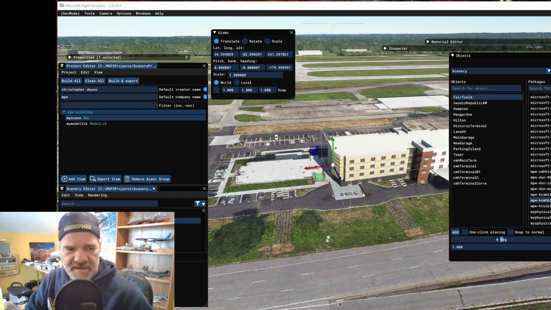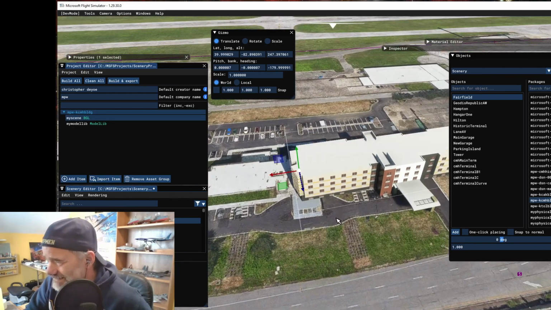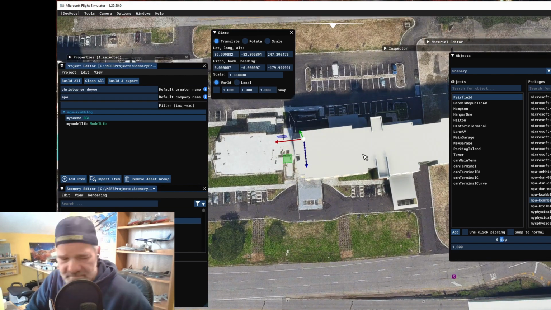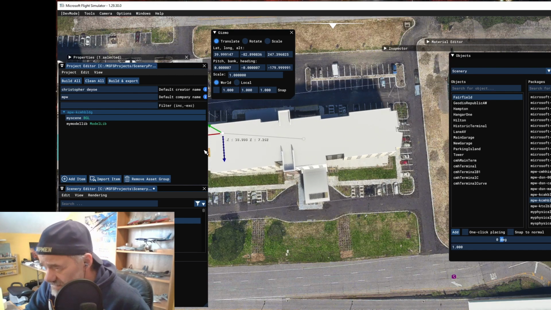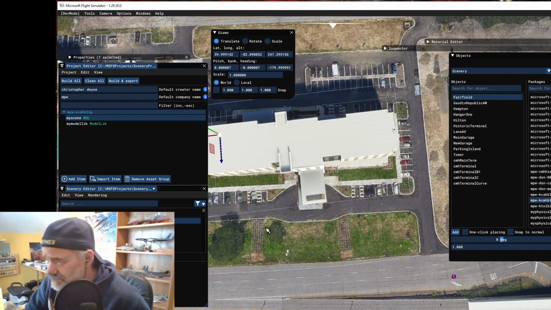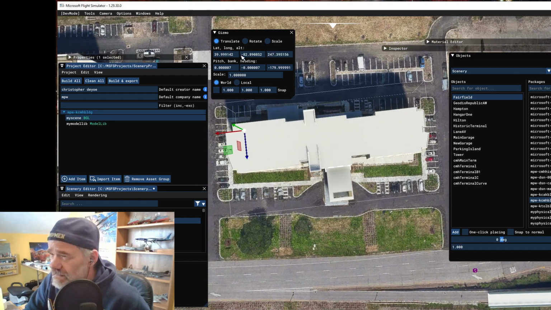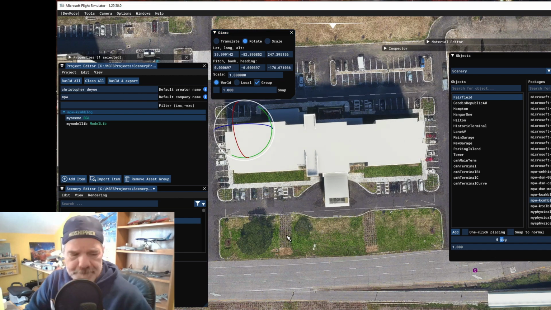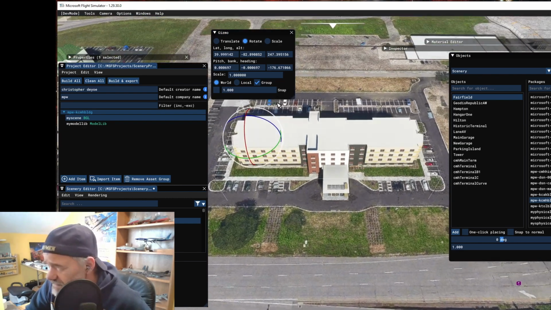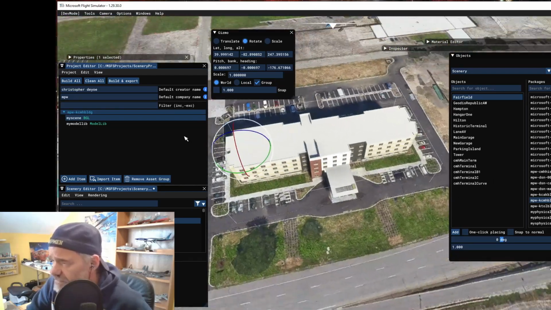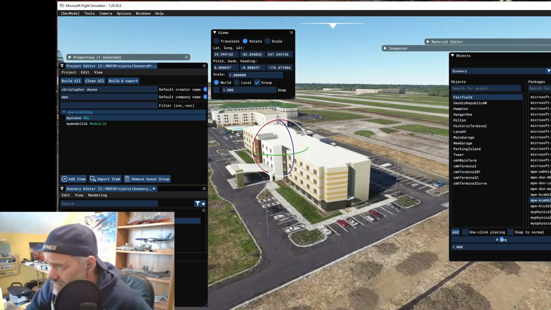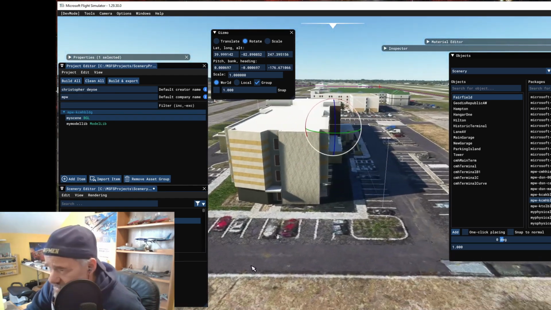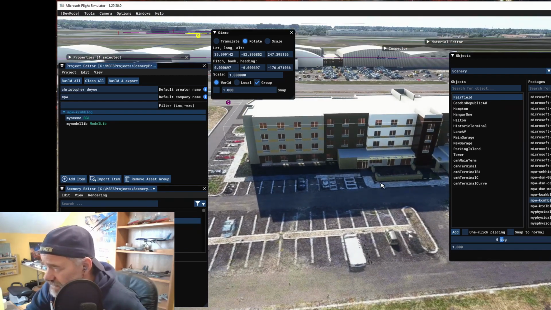Oops, I keep hitting the window key. No wonder. Alright, let's get a top down and get this oriented correctly. Alright, so let's drag that over to here. Now I need to rotate it. So hit the rotate on the gizmo, and let's give this a little rotation there. It's looking halfway decent. Alright, so we have the hotel in. Now obviously we haven't made the sign or anything like that, but just to get a look-see on our product,